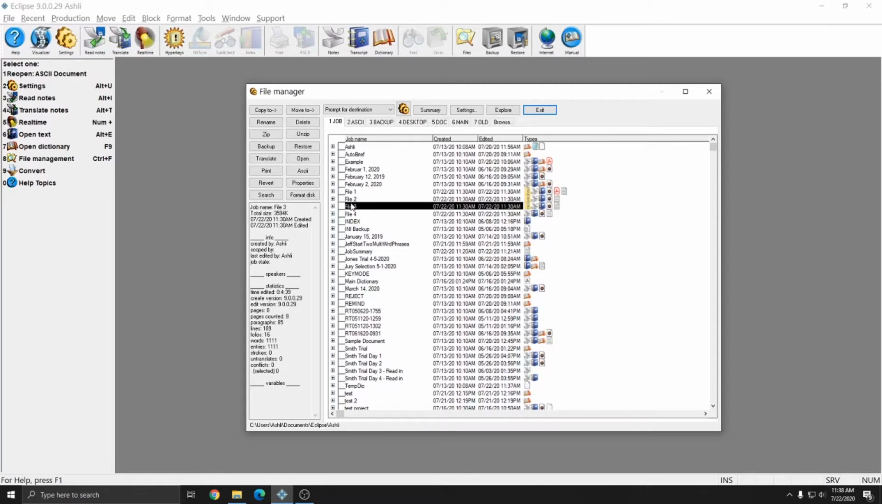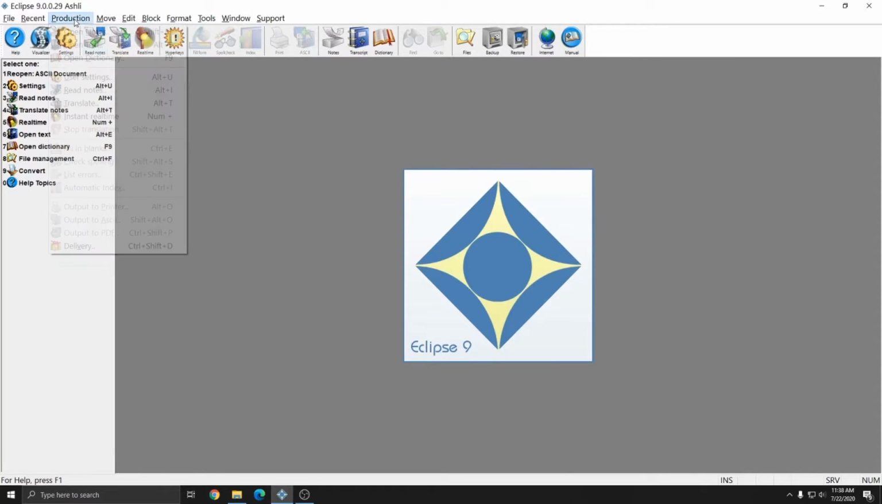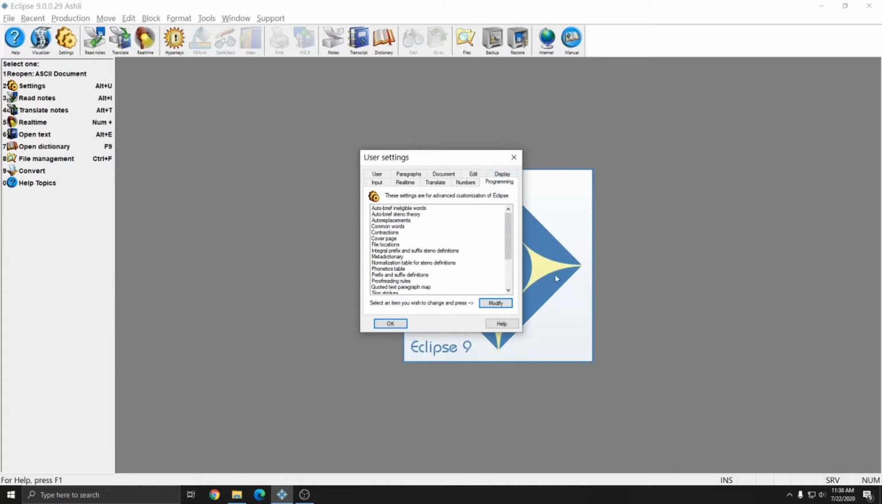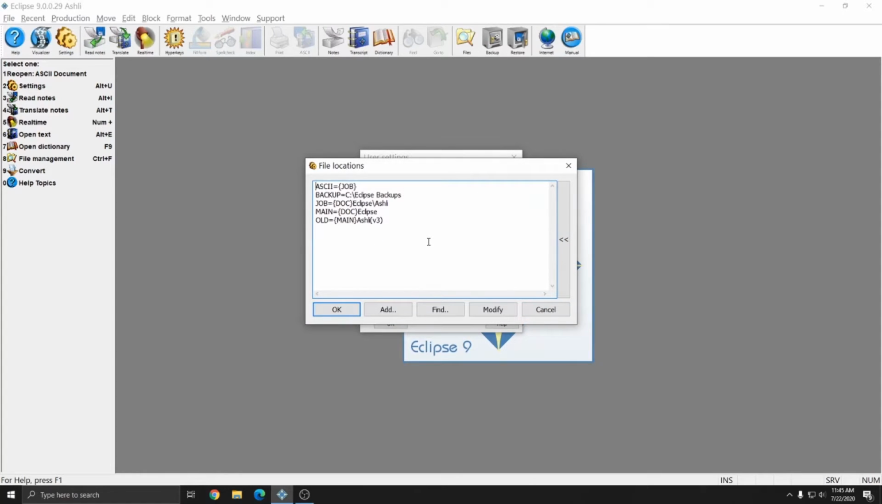Next, I'm going to show you how the file locations work when you're using the backup system. I'm going to go ahead and close out of my File Manager and go to Production and then User Settings. Once I'm in my user settings, I can go to Programming and then File Location. There are two file locations used by the backup and revert process most specifically. If you hit Add,